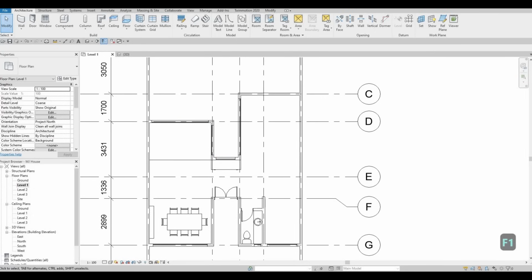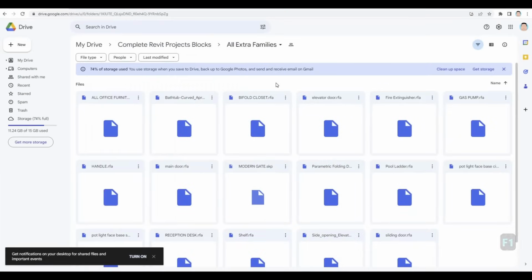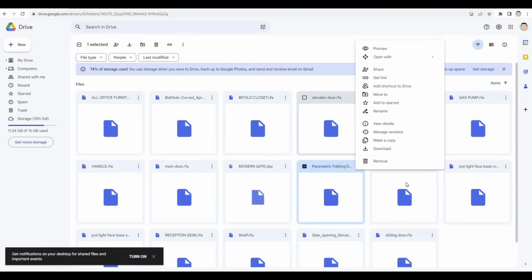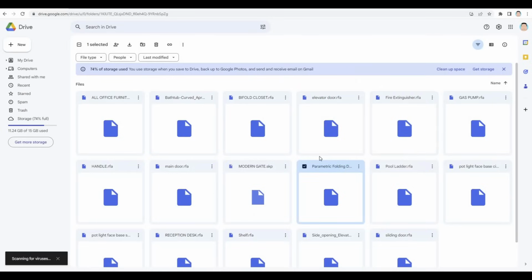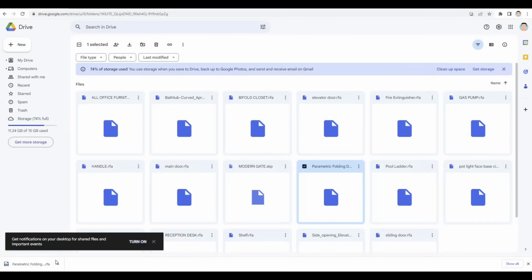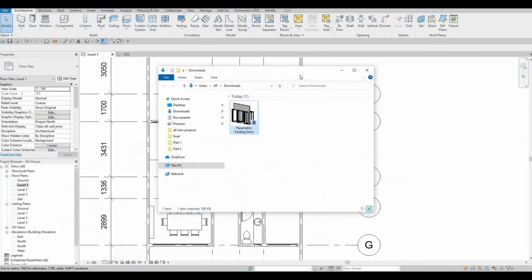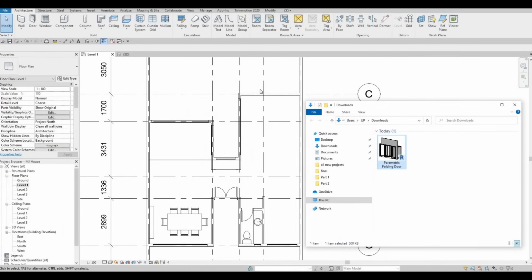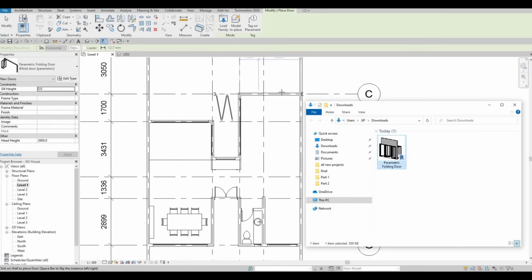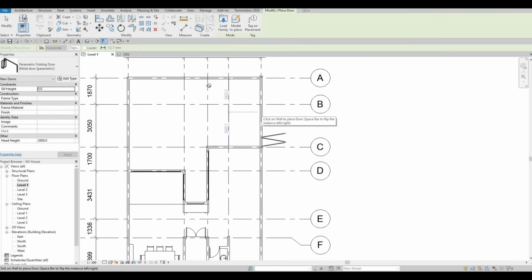So for the folding door, you will need to go to the part 1 description of this series, and it will be the second link that I'm gonna add. Here we have a parametric folding door. You can download that, or you can download all of this, because everything is basically given. Show in folder, and then just drag and drop right here. Right now it's too big, so what I'm gonna do is